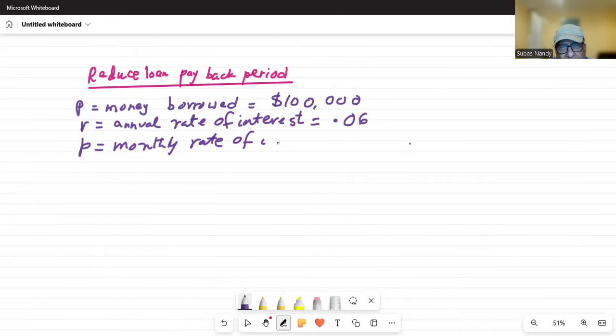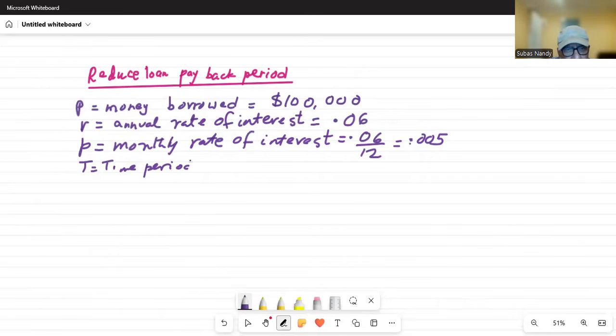Now, our monthly small p is your monthly rate of interest, and that is equal to 0.06 divided by 12, because there are 12 months in a year, which is 0.005. So we borrowed the money for 30 years. So our time period, T, for borrowing the money, is 30 years,